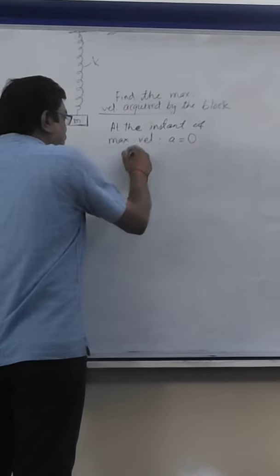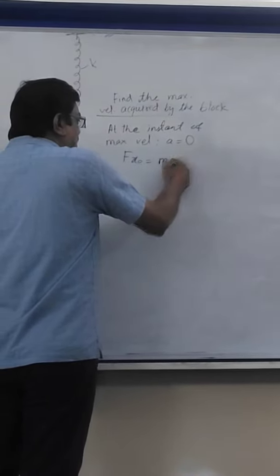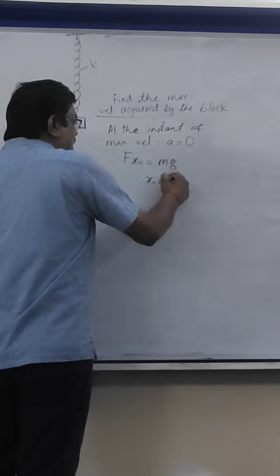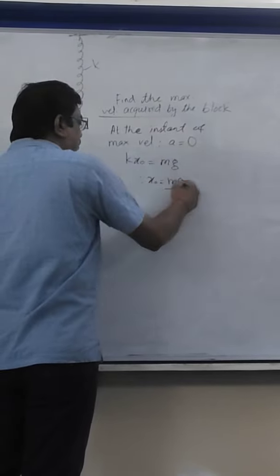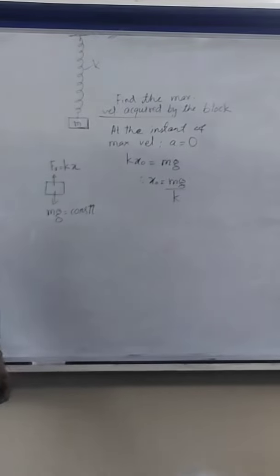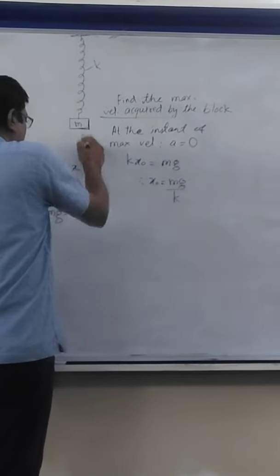So that means net force is 0. Let us say extension is x naught at that instant. So then extension is how much? mg by k. At this extension, it has maximum velocity. So now you apply the